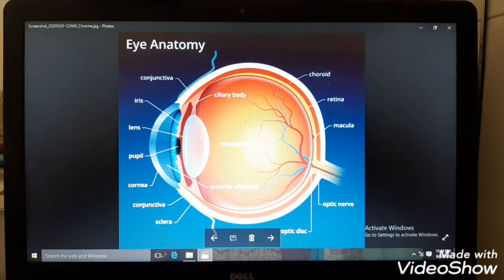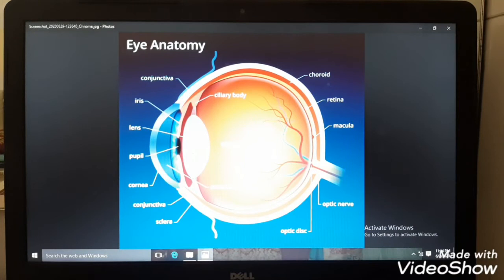You can see the shape here. This is a convex flexible lens. It is flexible because, whether the object is kept near to the eye or at infinity, far from the eye, it needs to adjust its focal length in order to make a proper image on the retina, or the screen. So for that, this lens is flexible in nature. Light rays enter through it, pass through the lens and form the image on the retina.